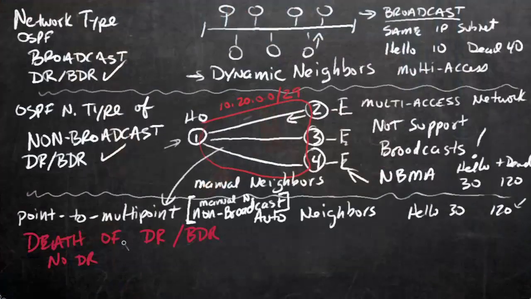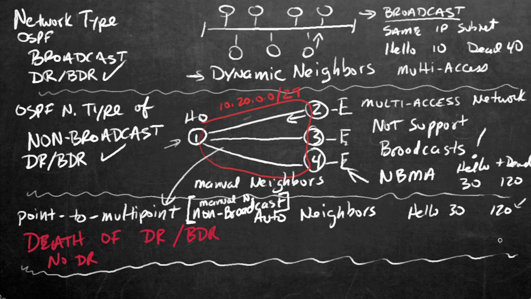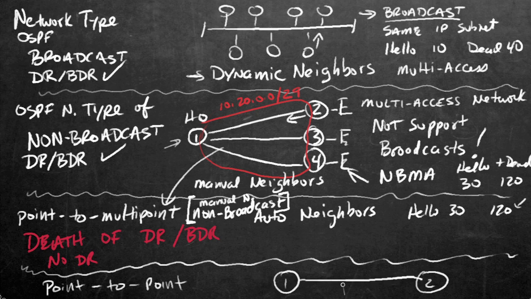So let's put in the last one here, and I'll put a little line here, IP OSPF network type of point-to-point. And it would look something like this: router 1, router 2, and then you have this link. Now, if this was Ethernet right here, it would not be by default a point-to-point OSPF network type. It would be broadcast. So if this was a serial link and we are using encapsulation PPP on both sides,